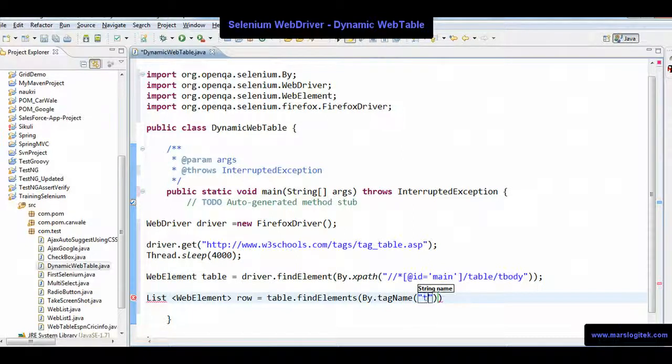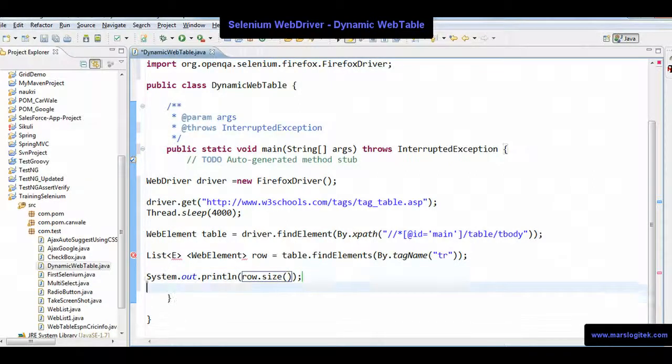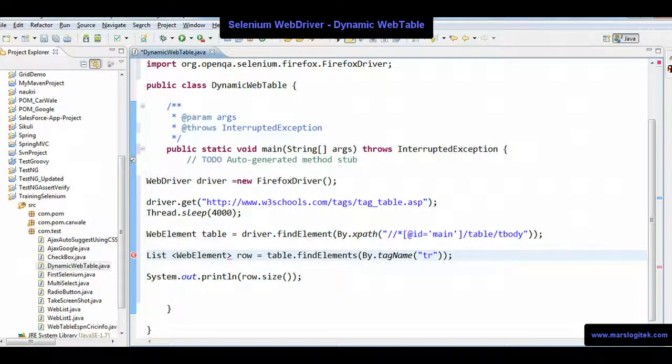So tag name is tr. Now I'll just print the size over here. Let's say rows dot size. Of course I need to import this list. Okay, it's done.